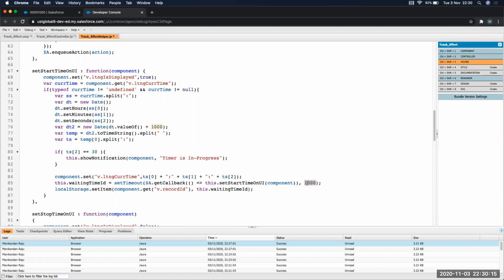I've not tried it out, but one thing I can understand is that as this runs on the UI part, reducing the time below 1 second still works. I think I've tried with 500 milliseconds, and it did work as well. As long as it is on the UI front or the client side, it should work.